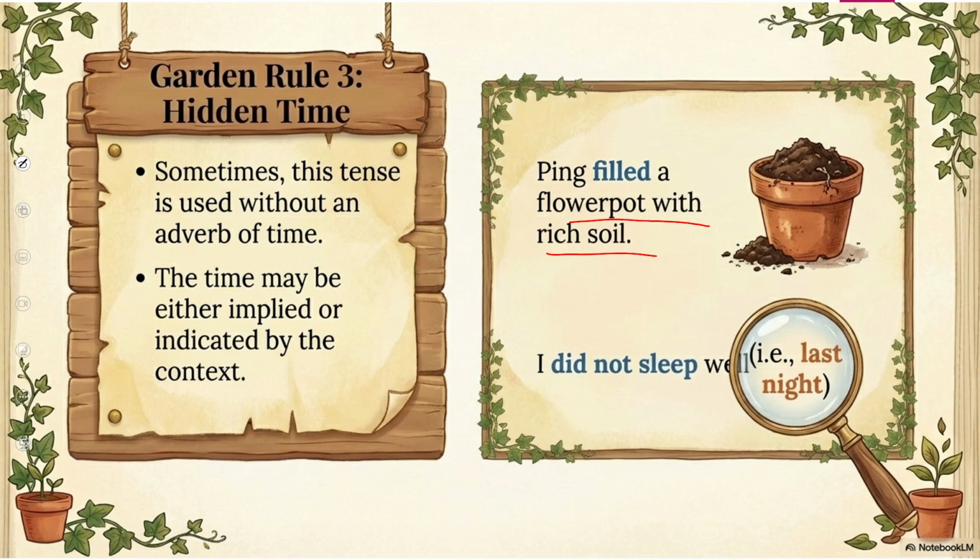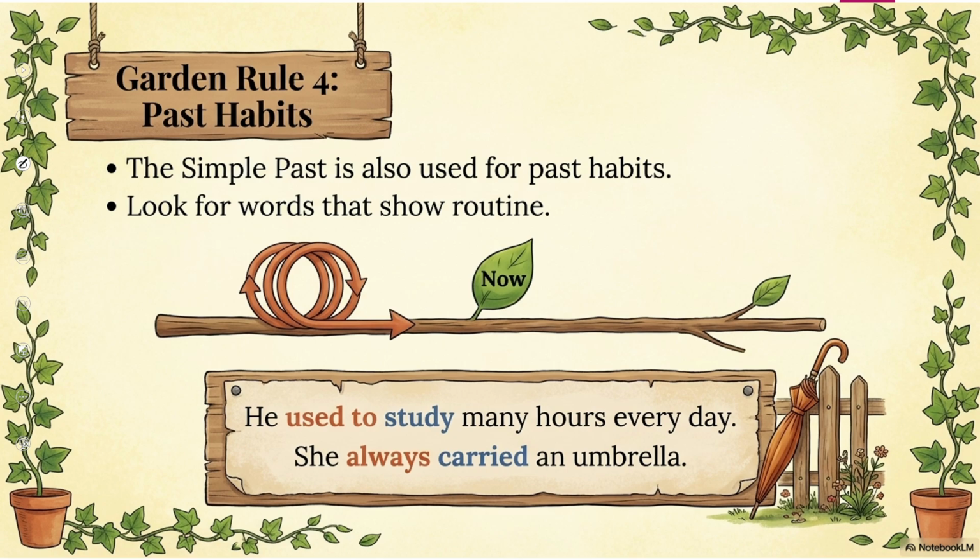There is important information for you. When you are writing a negative sentence in simple past, you use did as an auxiliary verb or helping verb, and after that, you have to use the first form of the verb. On the other hand, when you are using simple past tense as an affirmative sentence, then you can see here the second form or past form of fill, which is filled.